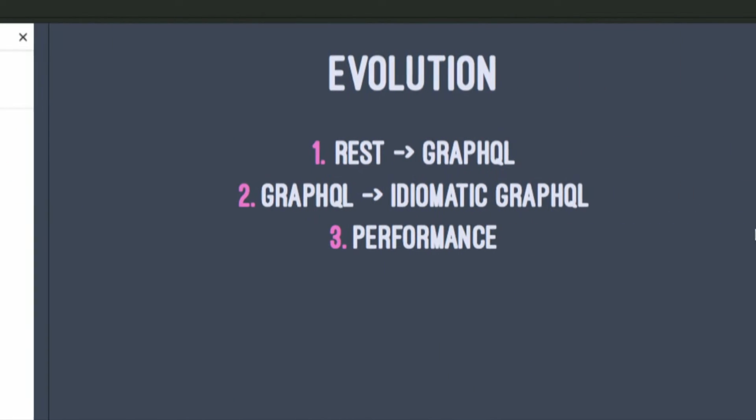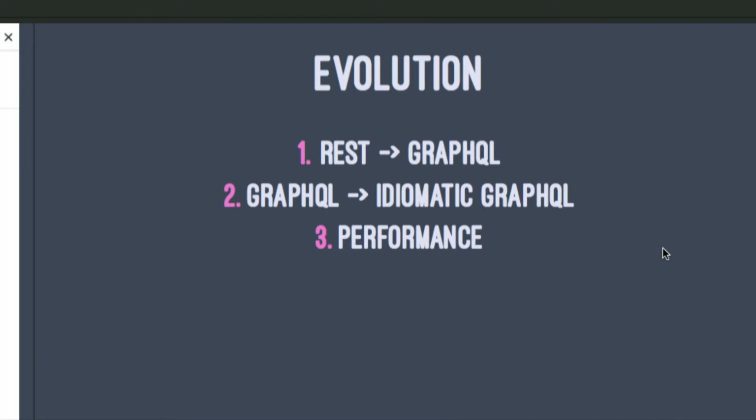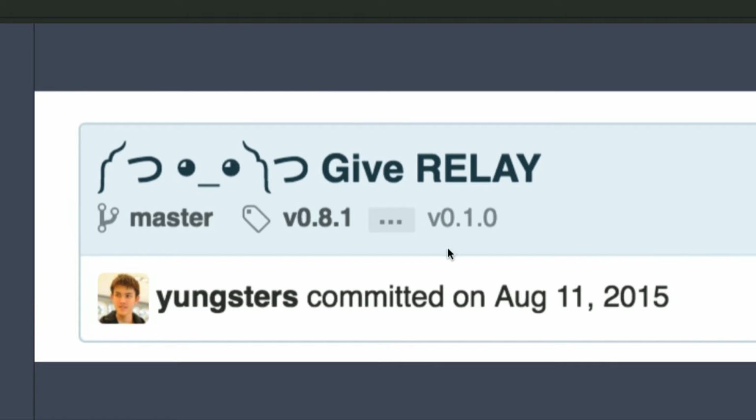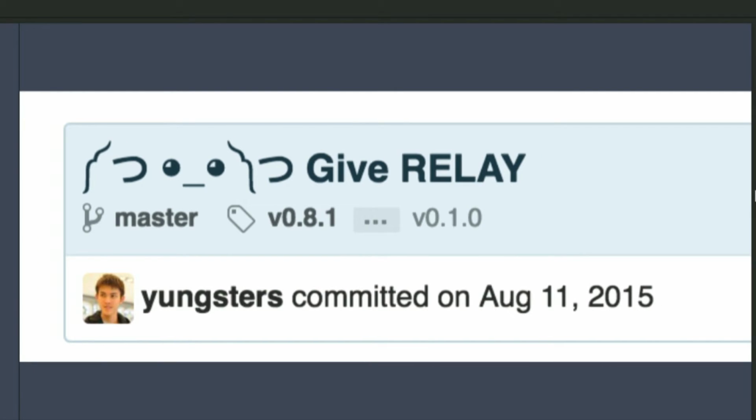But the interesting thing is how this has evolved over the past year or so. Basically, it started with these REST APIs that I converted to sort of GraphQL queries. And then I got a better understanding of GraphQL after doing this a few times and made a more idiomatic approach to GraphQL. And that's a version that's more compatible with Relay. And then, as more people started to use this service, I looked into performance and how you actually instrument a GraphQL server. So the first part of this comes from Relay.